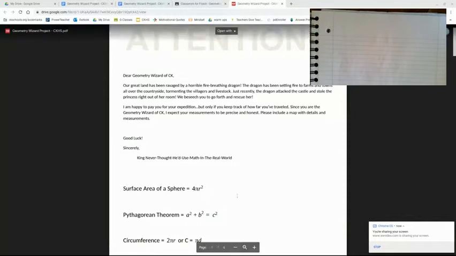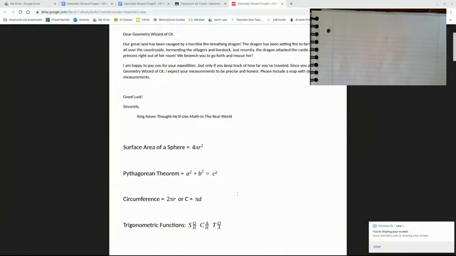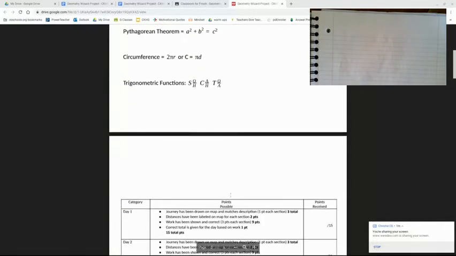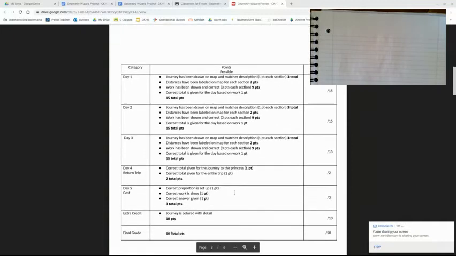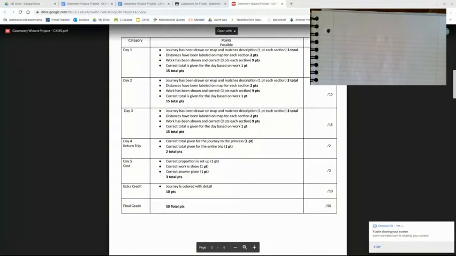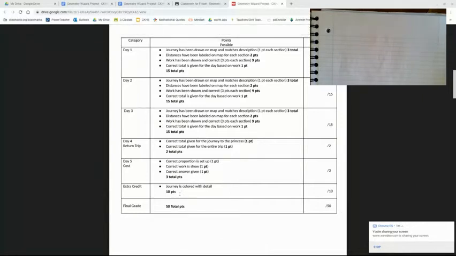So I've included some helpful formulas here. You get to use your notes on this, though. So I highly recommend that you take out your 7.3 notes, with all the different polygon areas. I think 11.3, 11.5, 11.6, maybe even 11.7 or 11.8 will be very helpful as well with surface areas and volumes. You need to earn 40 out of 50 points on this, and you can see how the points are broken down. It's a total of 50 points, and there are 10 extra credit points